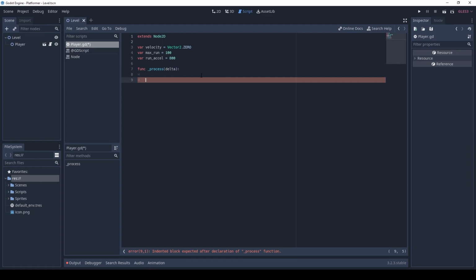First of all, we need to get the inputs, right? So I'm gonna do var direction equals Input.get_action_strength, which is a value between 0 and 1, and we want to get ui_right minus get_action_strength ui_left. Now this will return a number that can be a fraction,